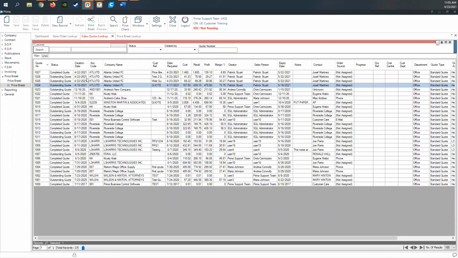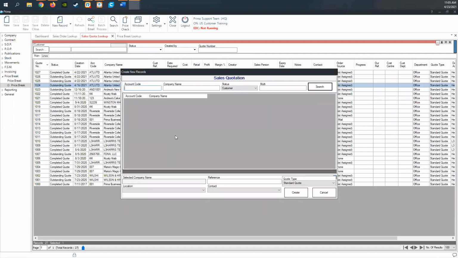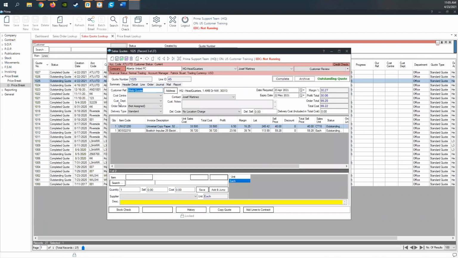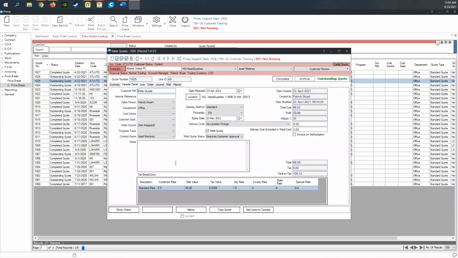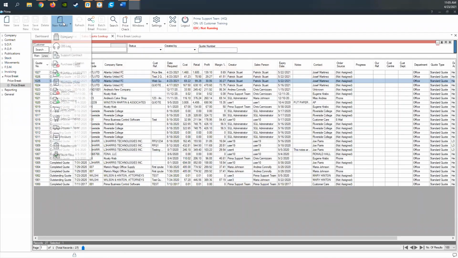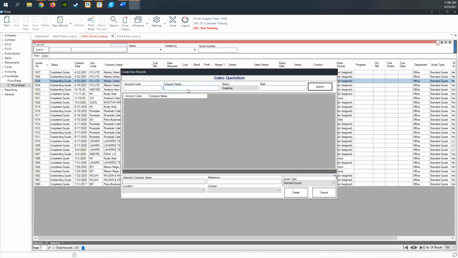So to start us off, we have in the quote area, for everyone's records, if you want to make a new quote, you can always use this new record button and be able to make a brand new sales quotation here. If you want to create it, it will give you the same pop-up as with the sales order. You can search for your company name, add a reference, select the contact and location that you want to do with it. Once you have created said quote, you will be able to view the contents of it on your web quote. What we'll do is we'll make a brand new one, and I'll show you how that's going to look. So with our sales quote, we can open up our new one